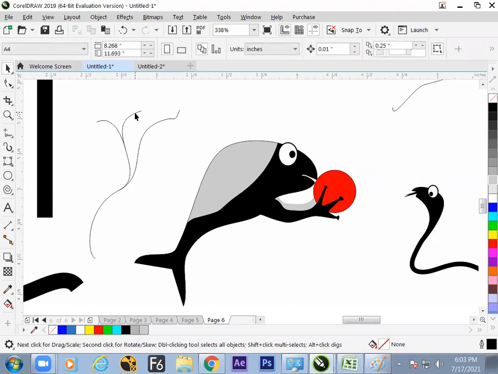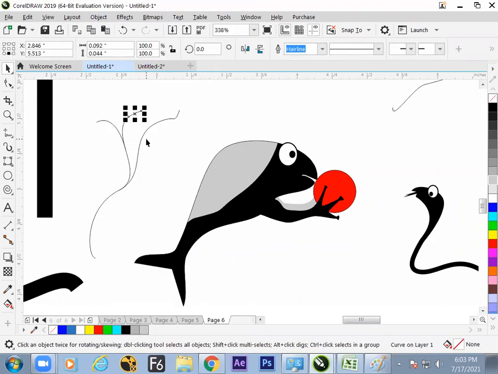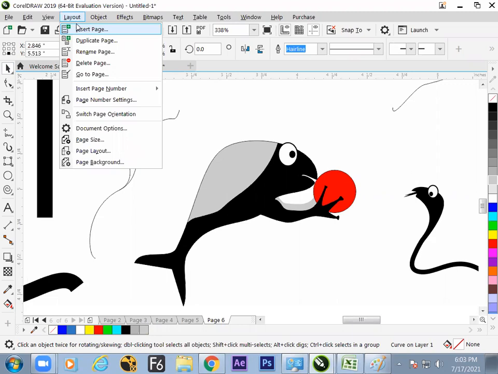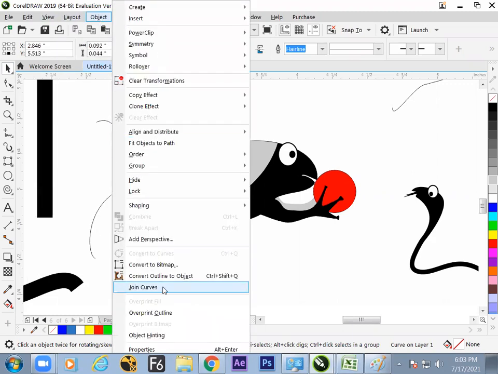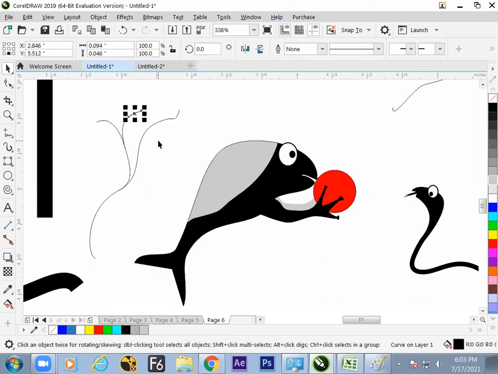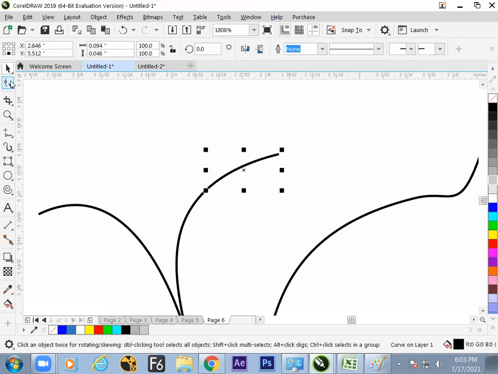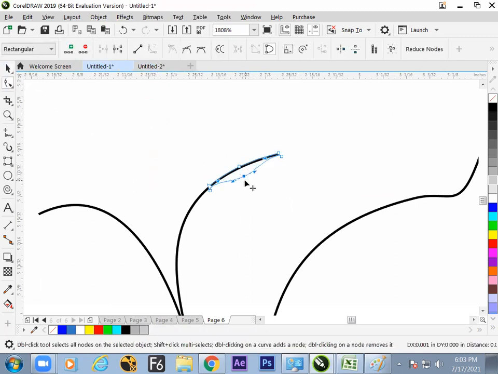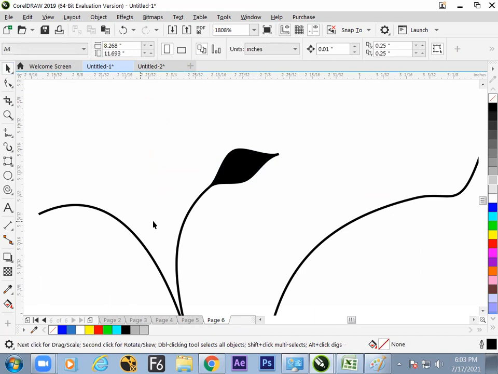Now it is the time to get it break apart. Yes. Get it separate. Now it is the time to go for what? The option today we have learned. Convert outline to object. Sorry. So now it is zoom stress. Select this point and drag it. So hope we have understood now how to make a leaf properly. Is it clear?